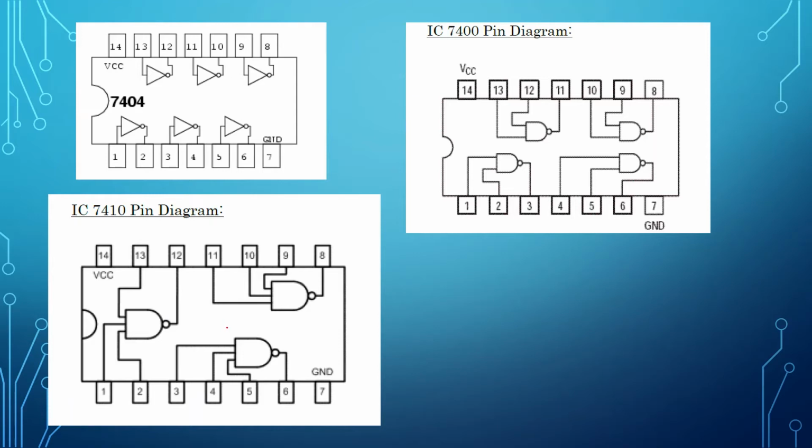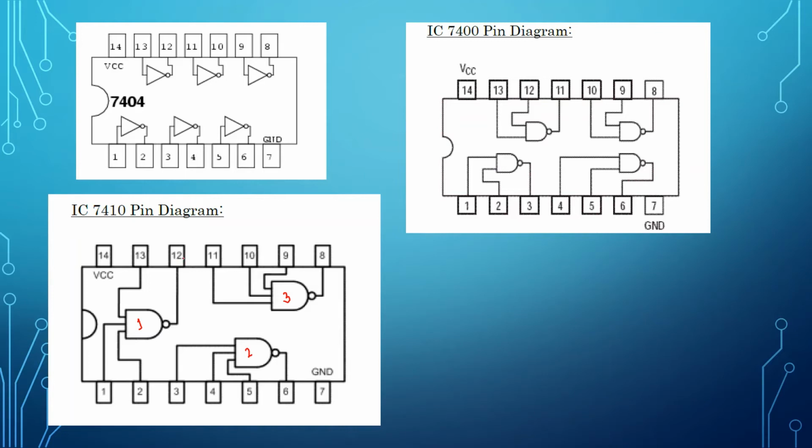This is also a 14-pin IC, but you can see the pin configuration. This is your first NAND gate, this is your second NAND gate, and this is your third NAND gate. Pin diagrams are very important when I am rigging up the circuit, because I need to number the pins in the circuit in order to do the circuit connections. So pin numbers should be noted down very carefully when you are going with the actual rigging of the circuit. These pin diagrams will be provided to you in the practical labs.